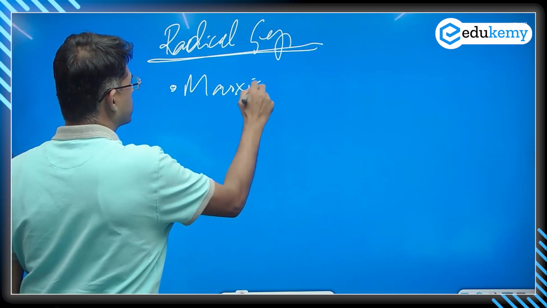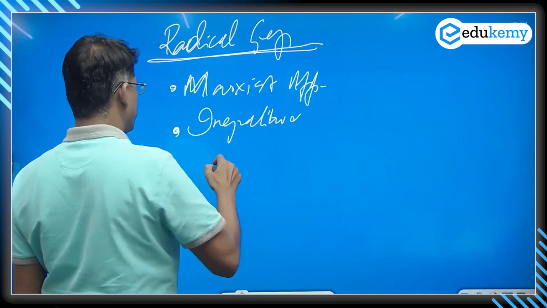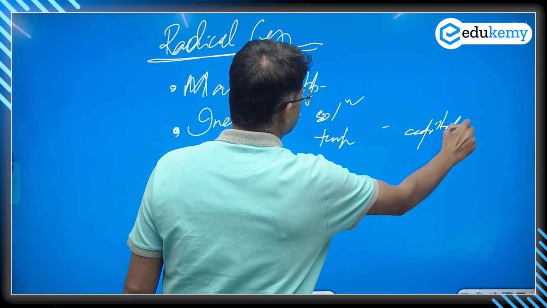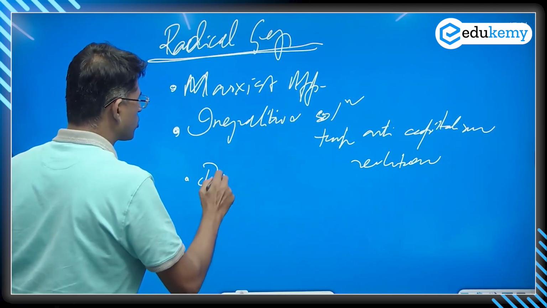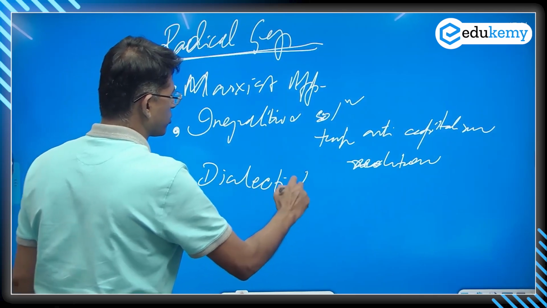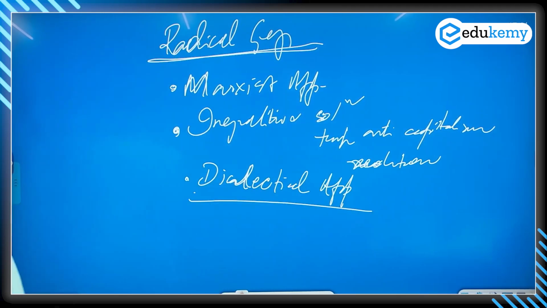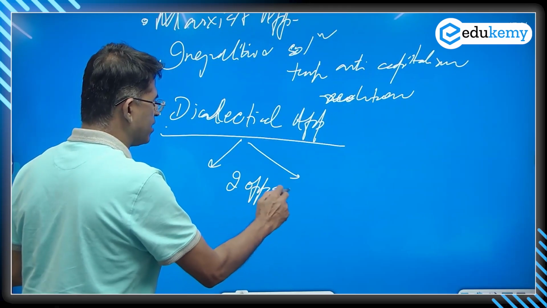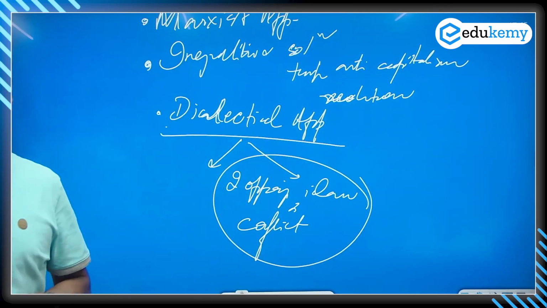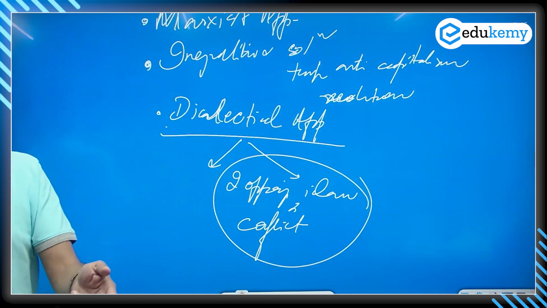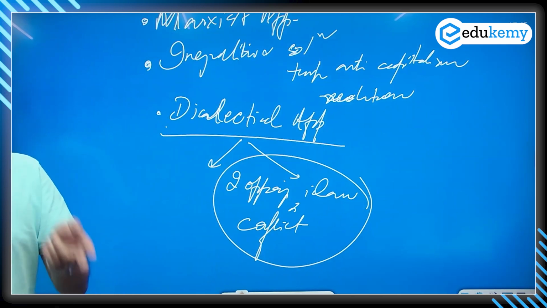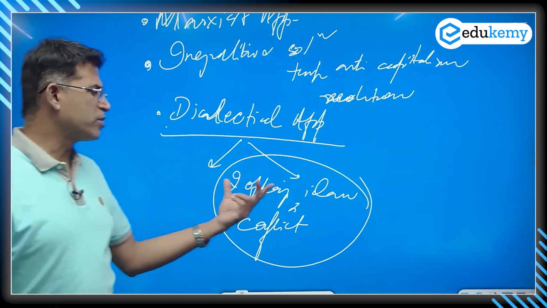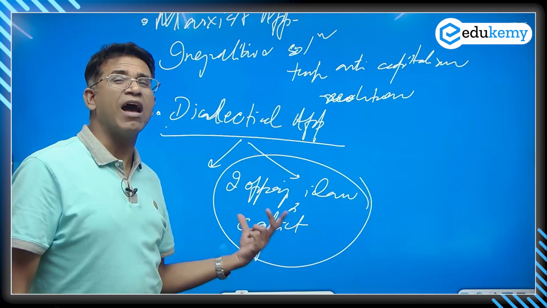You all know a Marxist approach. It's about inequalities and solutions through anti-capitalism revolutions. It has what's called a dialectical approach. What do I mean by dialectical? Essentially, this term means that there are two opposing ideas and there is a conflict. So owners and workers, the rich and the poor, the haves and the have-nots. This is dialectical: two opposite ideas or groups, and they have a conflict.